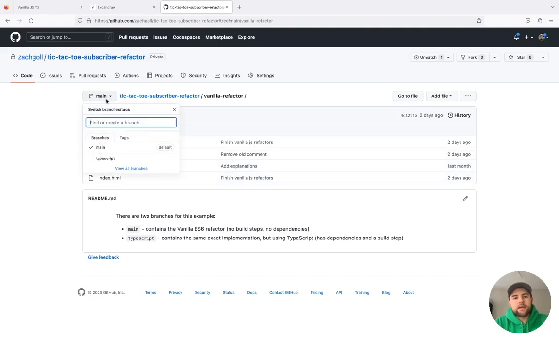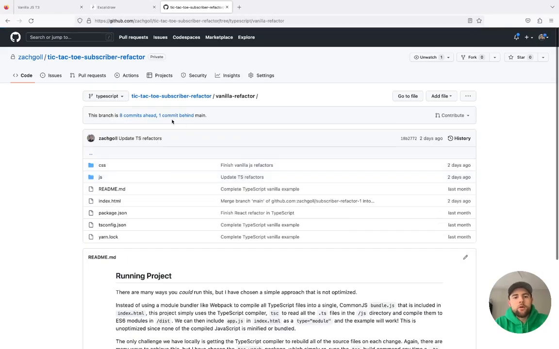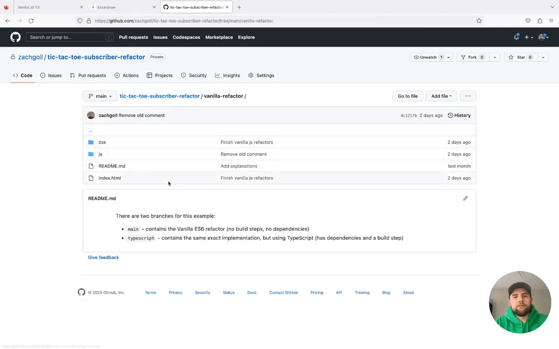And we have a second branch called TypeScript, which is the final version of the video that I'm doing right now. So we're going to head towards this right here, and we're going to start with the vanilla JavaScript. So without further ado, let's jump in and get this refactored to TypeScript.